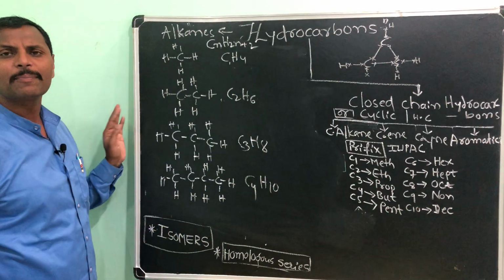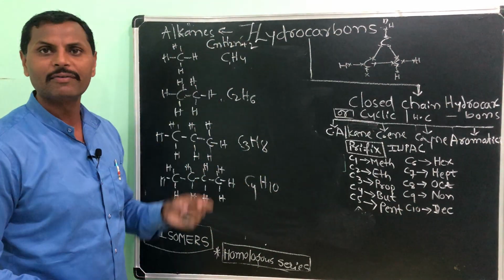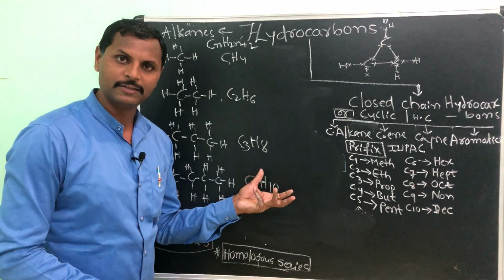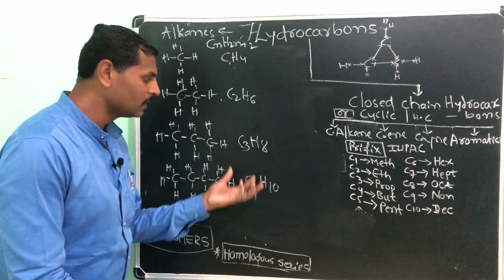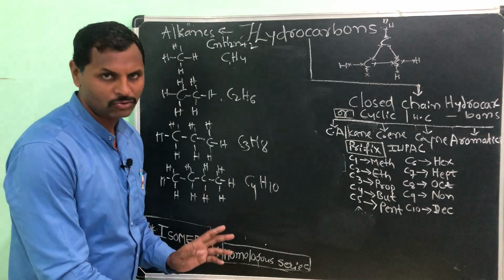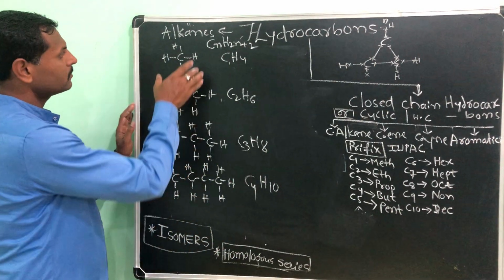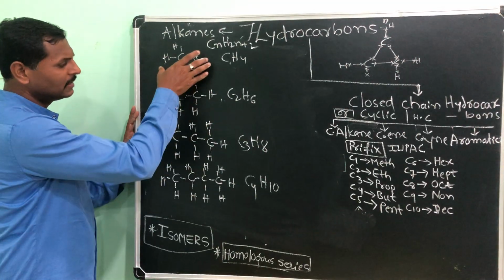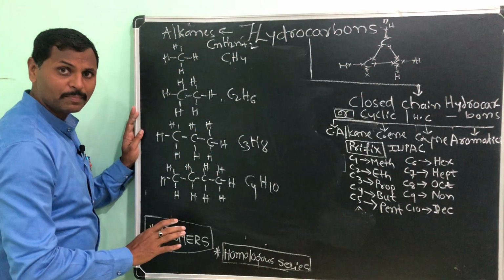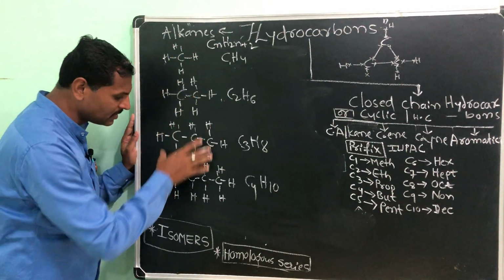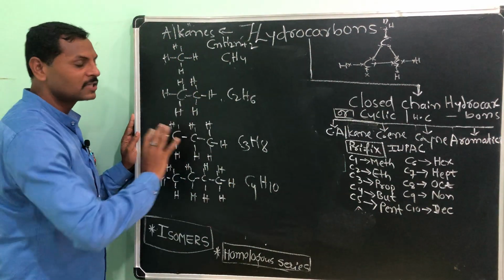Just tally all the molecular formulas with our general formula. Definitely there will not be anything wrong in this. You will get the exact number of carbons and number of hydrogens. Understood? Like this we can write the structural formula for alkanes, all the members up to 10. Please remember, up to 10 you just try to write the structural formula like this.